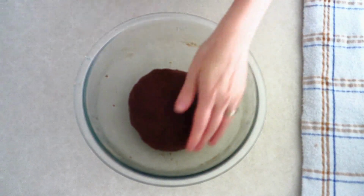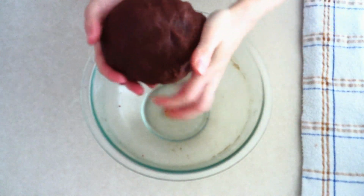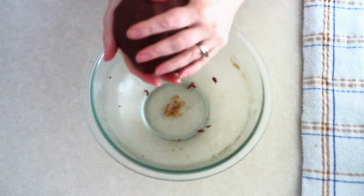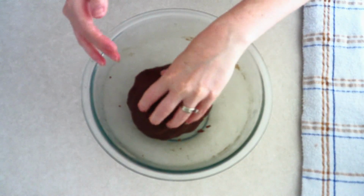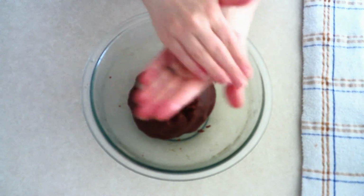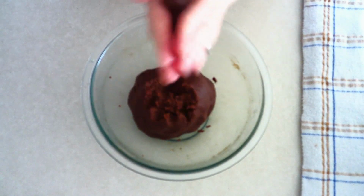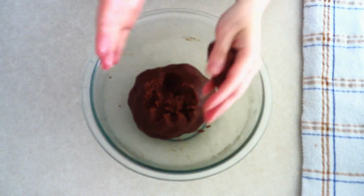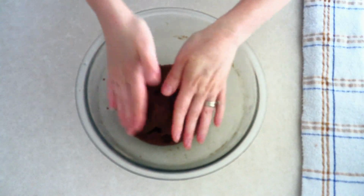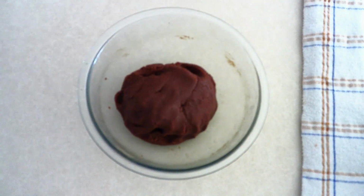After about 5 minutes, remove the dough from the refrigerator, then massage the dough just for a few seconds just to test the texture. You want to make sure that you still have a good amount of moisture in the dough and that it's smooth. Then take a small portion of the dough and roll it around in your hands until it forms a smooth, tight ball. If the dough is coming together easily and easily forming a smooth ball, then you know that you have the right texture. If your dough is not holding together and it seems to be sticky, then you need to add a tiny bit more coconut flour. If it's not coming together and it seems to be crumbly, then you need to add just a tiny bit